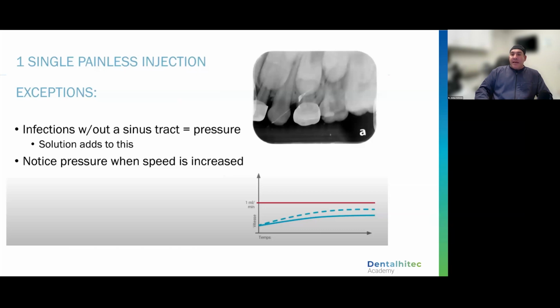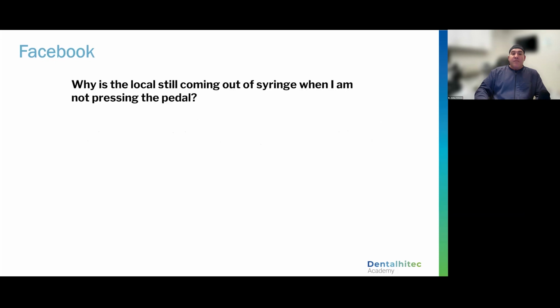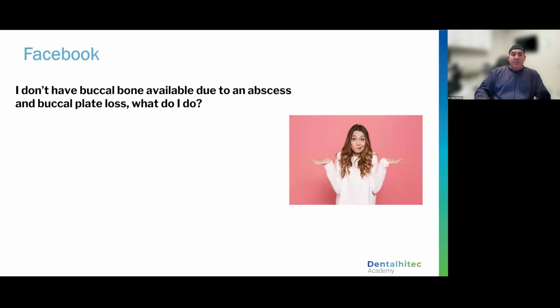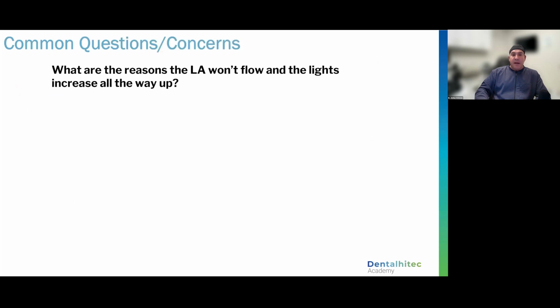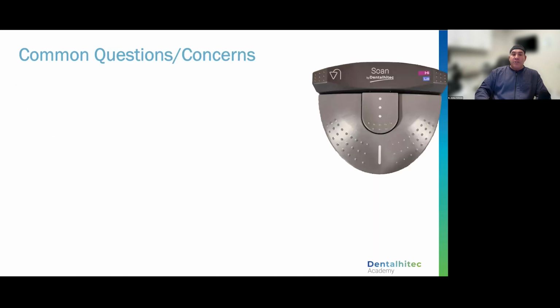One last comment. If there's a sinus tract, if there's a periapical lesion that's already under a lot of pressure, that may not be an area where you want to inject close to. So you need to pick an alternate site, or you may give an infiltration here. Remember, if you're going to give an infiltration, you may want to switch to the next mode, which is the pink on your Sleeper One. We've covered most of these questions already tonight, so I'm going to skip through these because we've answered them already. I do want to,